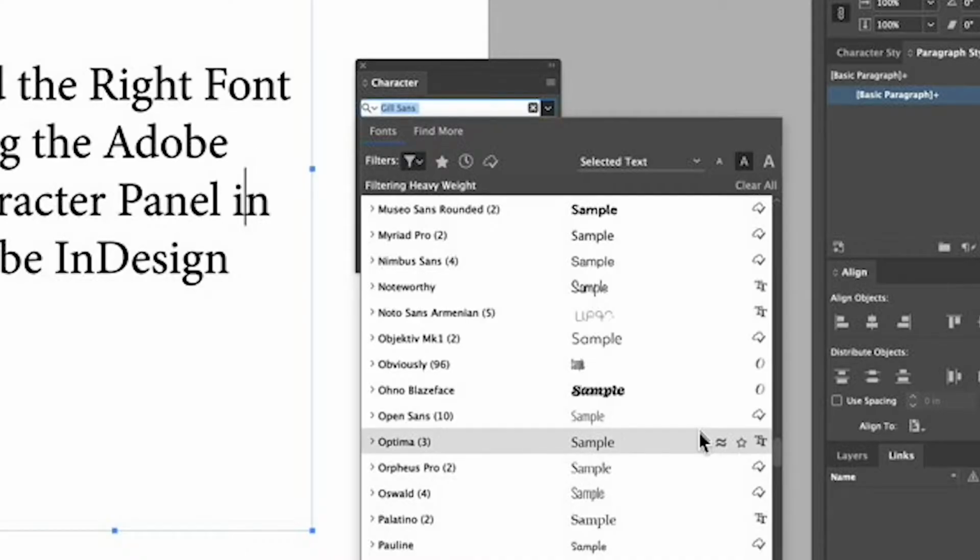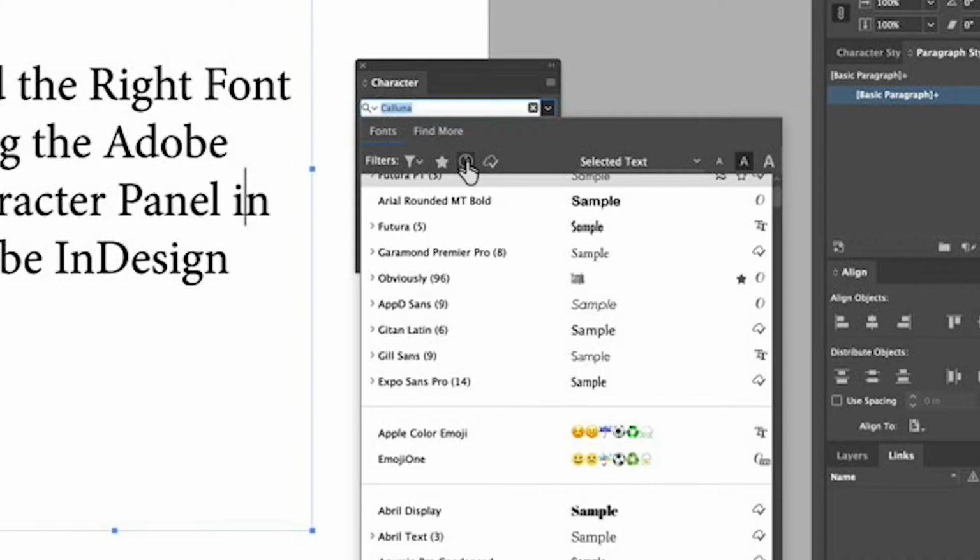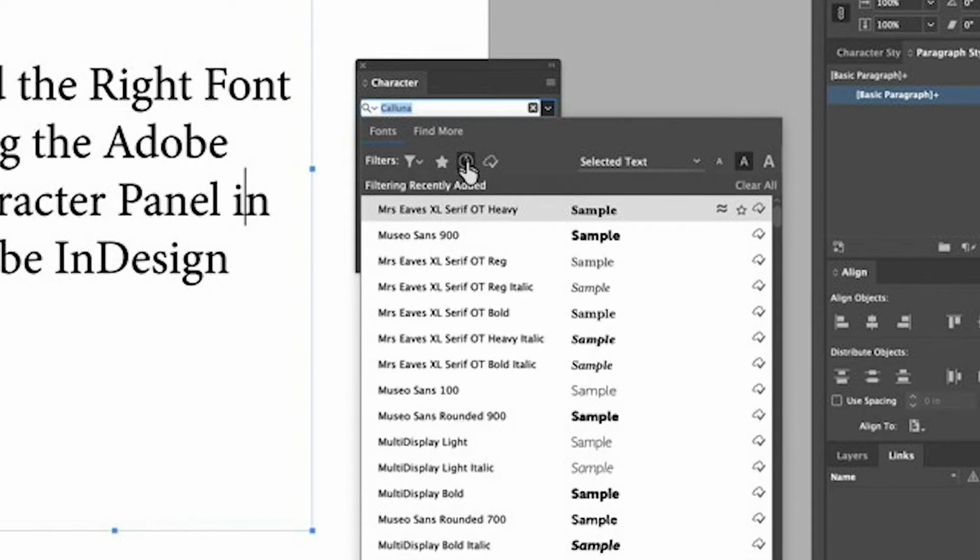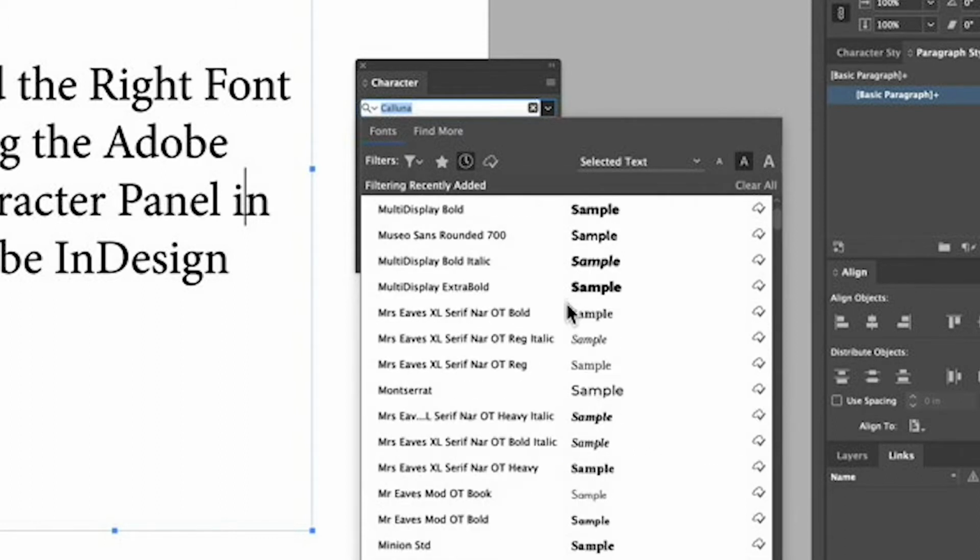As you're cycling through all of the different fonts, you're shopping around, you're like, ooh, this is a really cool one. You can click next to it on the star to the right of the typeface to indicate this one as your favorite. And this would be super helpful if you are working on the same brand guidelines for multiple projects and would like to maintain consistency. Click that star button and favorite that one and save it for later. This is also really useful if you're developing your own style by using similar fonts.